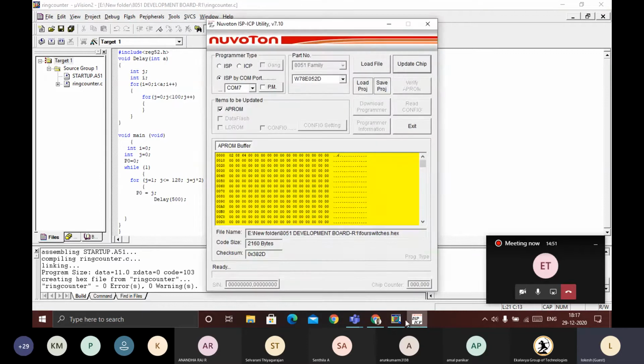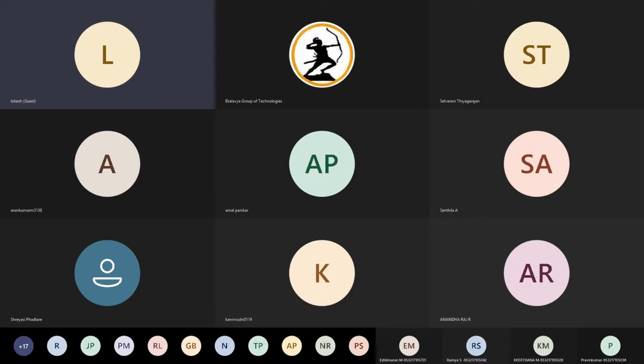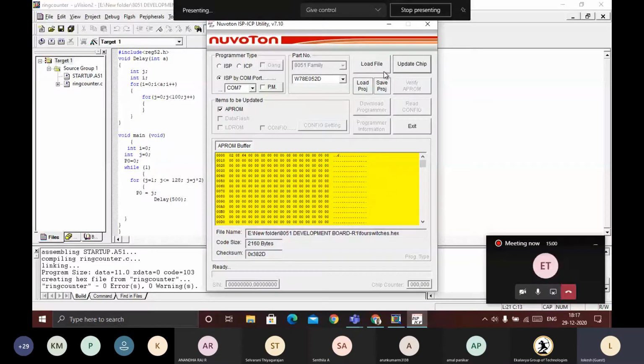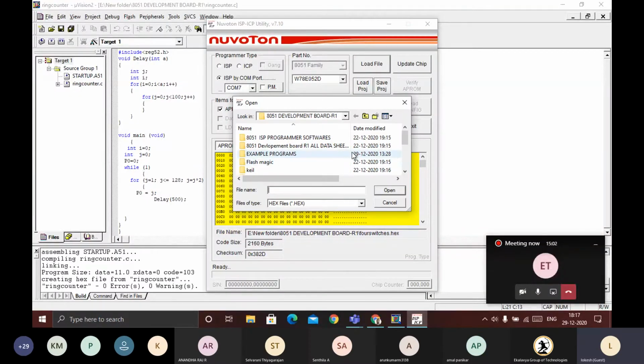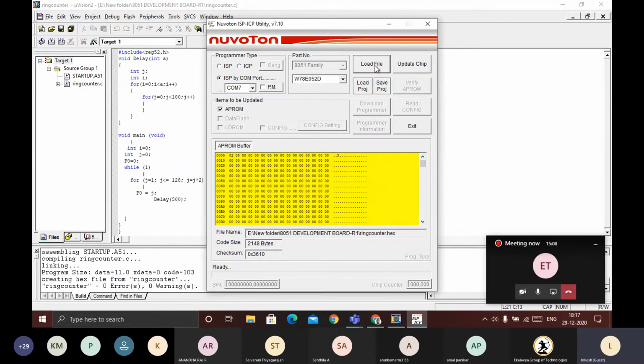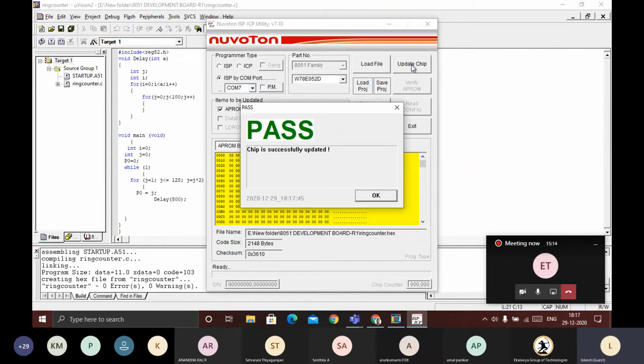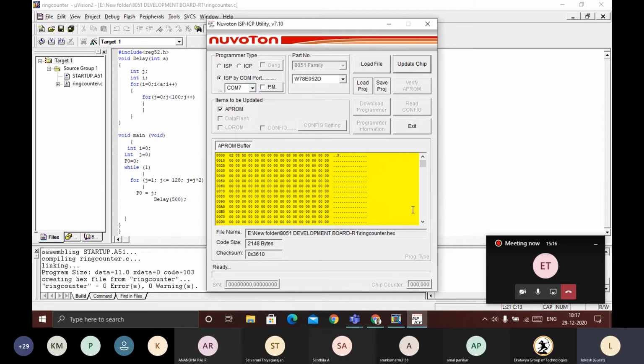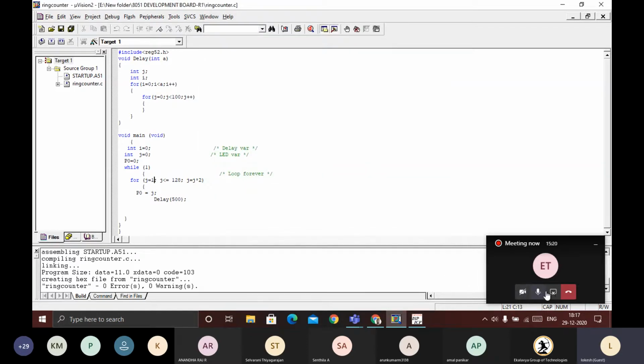Okay, we will see how the program works. For that, load file, the file is ring counter. Open. Update chip. Like this, I will show you.